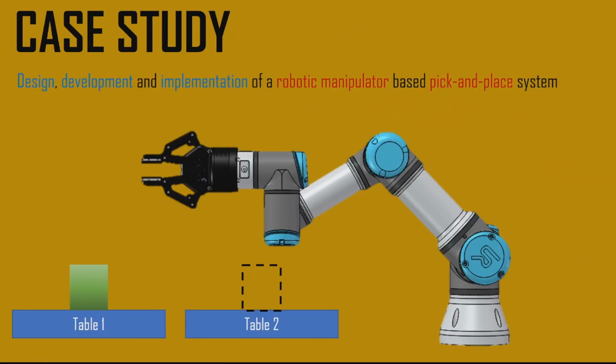So in this particular case study, so far we have, let's say, built the mechanical system, we know the kinematics and dynamics of it, we have designed the gripper, we have manufactured it, hypothetically speaking, and then we have two particular tables, and the task is to move an object from one table to another. And of course, using forward kinematics and inverse kinematics, you'd be able to find out the end effector positions and orientations, and also the joint positions and orientations if that is needed, and you'd be able to manipulate the object